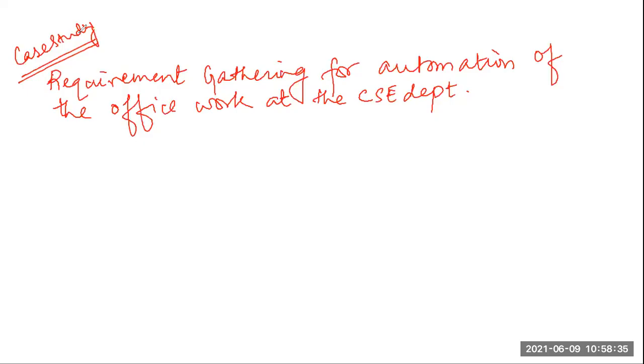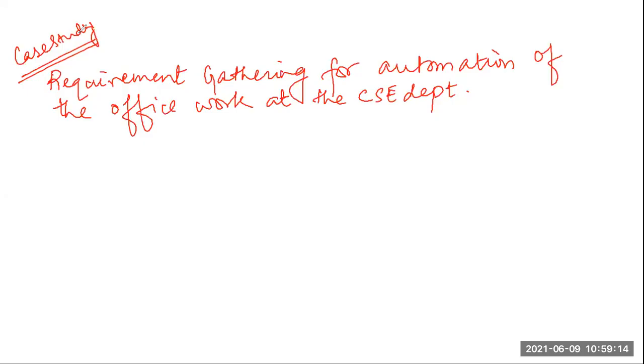Considering the low budget the HOD has at his disposal, he gave this work to a team of student volunteers. He said, I want automated software for the official work at my department, but I do not have that much fund and will not go to an organization. I will use my fourth year students to make this for my department, and in lieu of that, I will give them a small amount of money from my side, suppose 5,000 or 6,000 rupees.